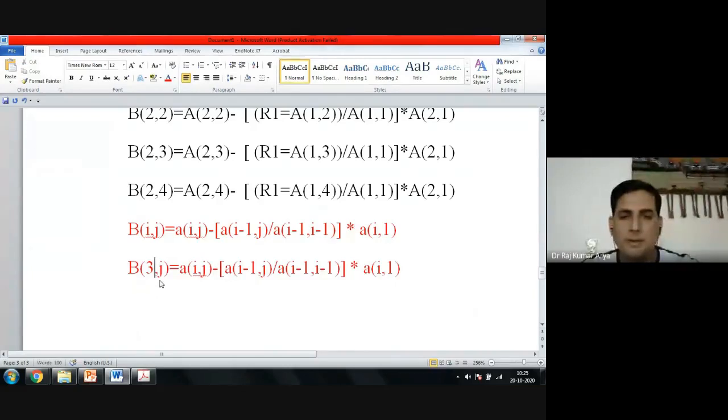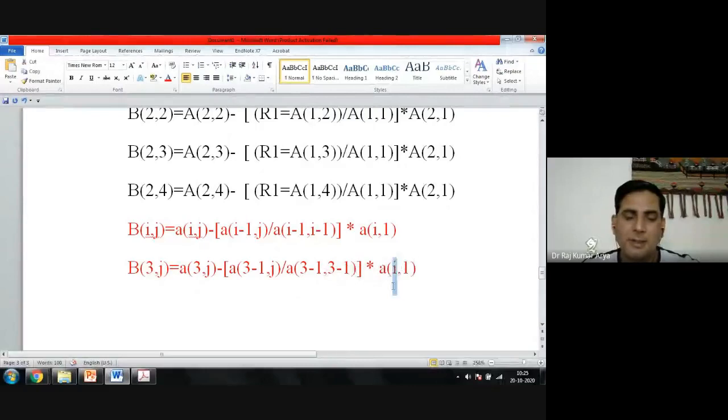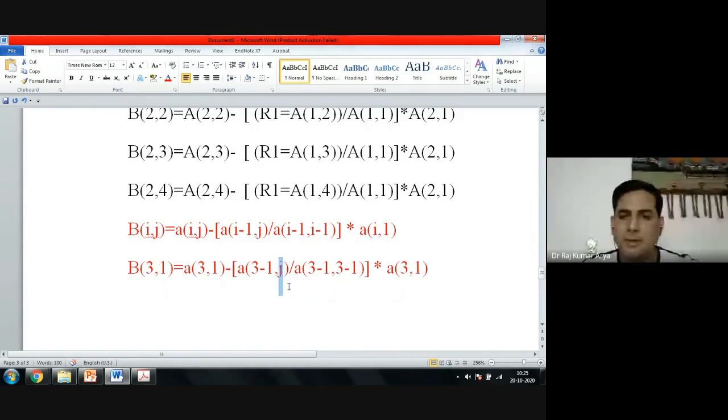So just see here 3, this also 3, this also 3, this also 3, and this also 3. And then I will change this. Let's say I want to make J equal to 1 in the beginning, so 1, 1, 1 here. And let's see, is it making some sense or not?